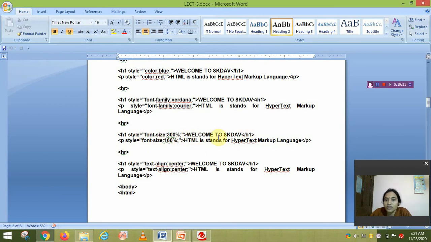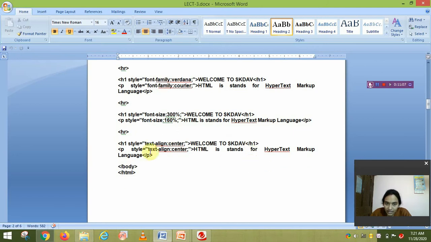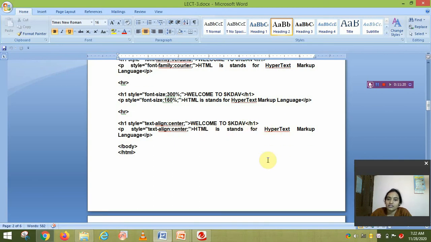First one is 300%. That means this welcome to SKDV is shown with size 300%, and HTML stands for hypertext markup language is set to size 160%. Okay. And here we align to the center. These two lines we align to the center. For the heading, text align equal to center, and for this paragraph also we set center. Okay, align equal to center.